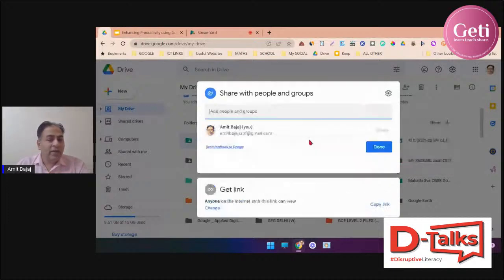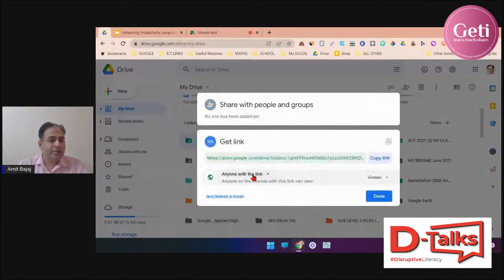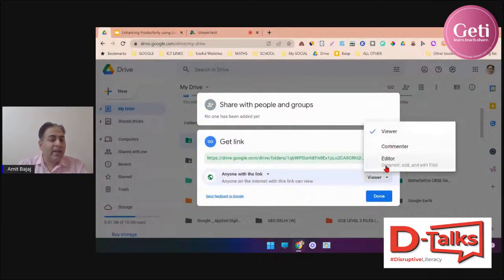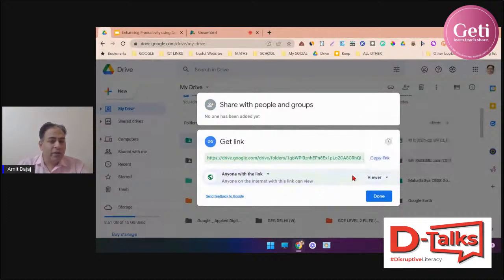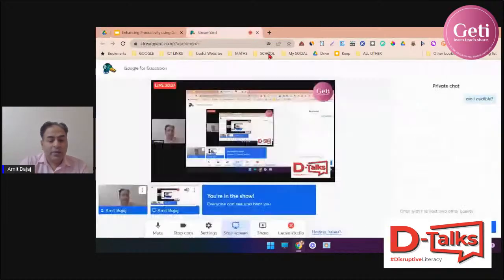The other way around is, look at the bottom. Say you don't want to enter the email IDs of your students. You just want to share it with them so that they can view it. As of now, anyone on the internet with this link can view. When I click on this, anyone with the link is a viewer, or I can again make anyone an editor. So anyone as a viewer, let me copy that link and let me share that link with Neha ma'am,